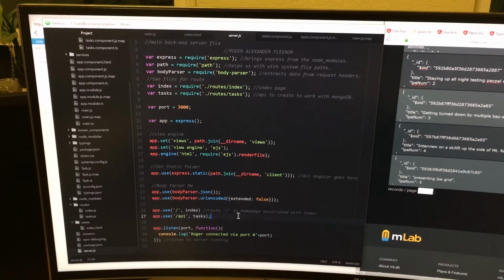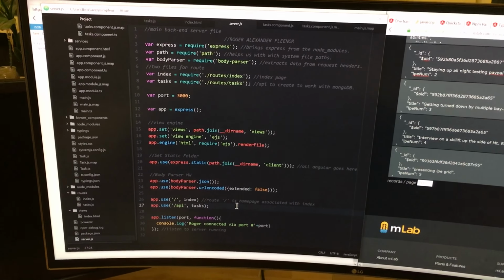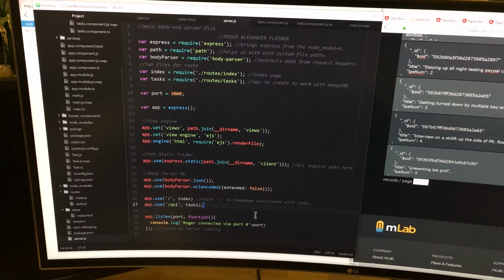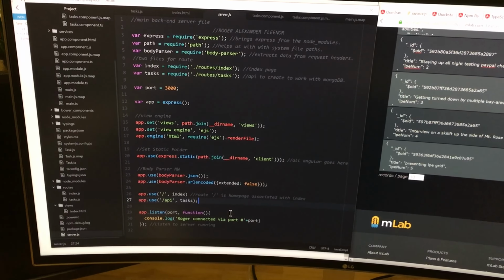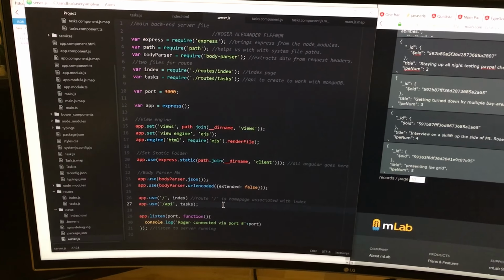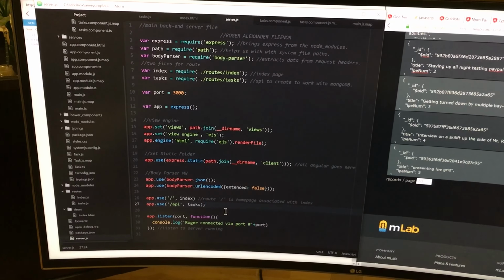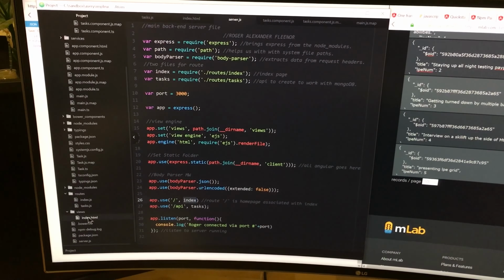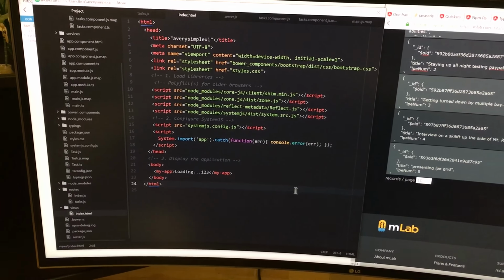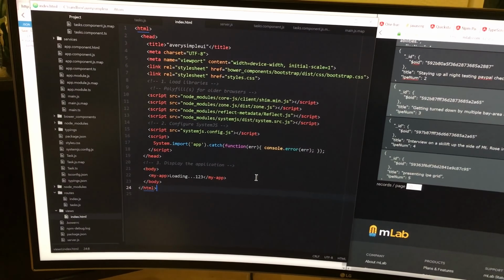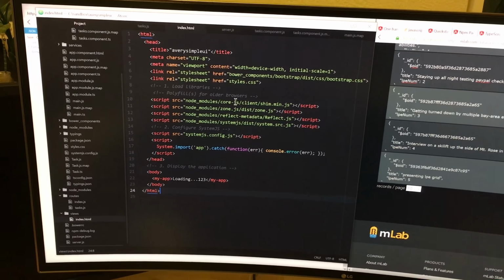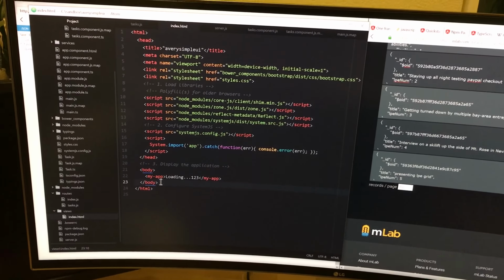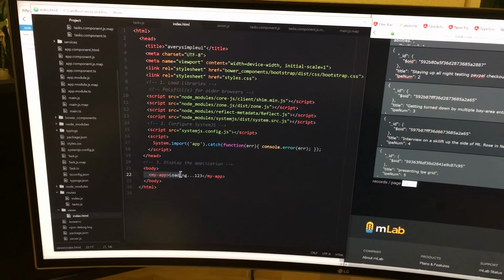So this information, when it comes from MongoDB, is inputted into a series of files, and they all kind of network together to display the output, the data. So index.html is where this information goes. And so I have a couple of scripts and some other information here to help sculpt the data and present it. I have the tag here, my app,